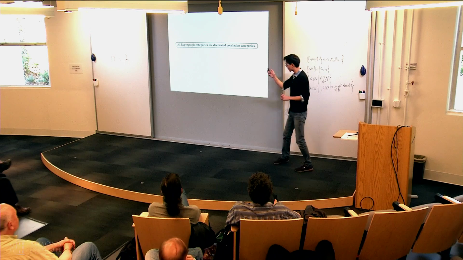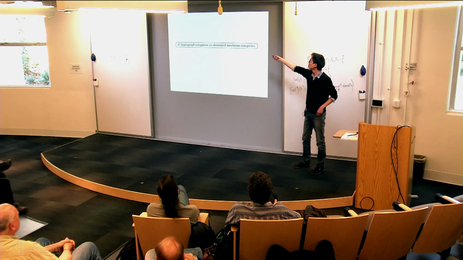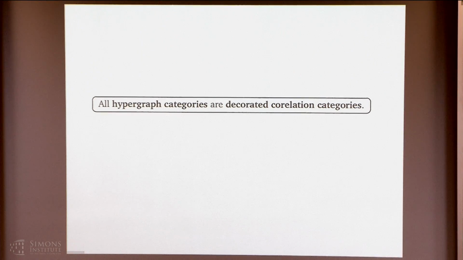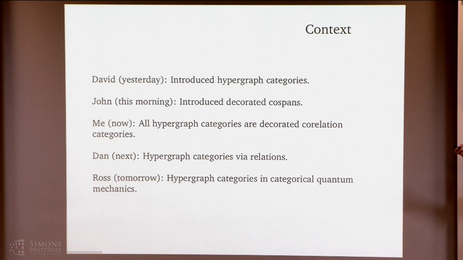So the message I want you to get after that pause is that all hypergraph categories are decorated correlation categories. In the context of this conference, we saw David yesterday introduce hypergraph categories among other structures that come from operads of wiring diagrams, and in particular gave examples like the category of matrices or arrays, and also relations and maybe linear relations. John this morning introduced decorated cospans, and so what I want to do is combine